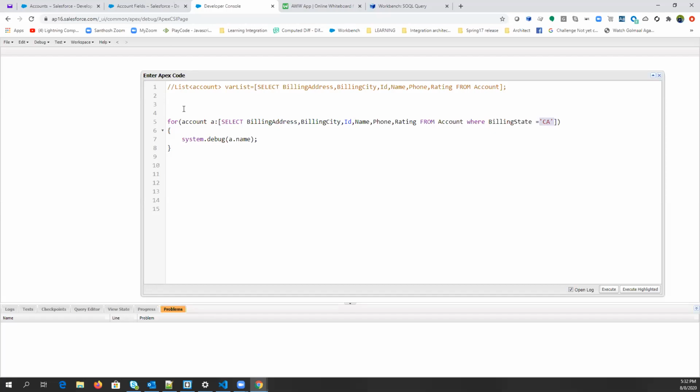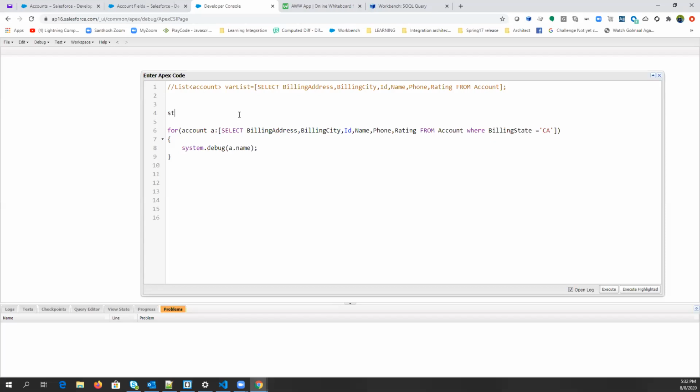So what you will do is declare a string variable, let's say billingSt equals CA, and I just want to use this variable here. How will we use it?